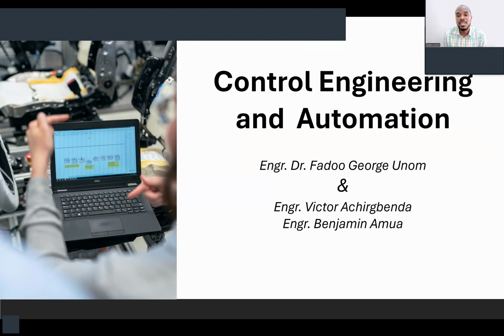So this is EME 413. It's Control Engineering and Automation, right? It's a 3 credit load course. So they have made you guys very unfortunate. They put you in my hand for heavy, heavy courses. Machine design, 4 credit loads. Control engineering, automation, 3 credit loads. But for this course, we'll be 3 taking it. Myself, Engineer Victor Chigbenda, and Engineer Benjamin Amwa. Okay. The course synopsis